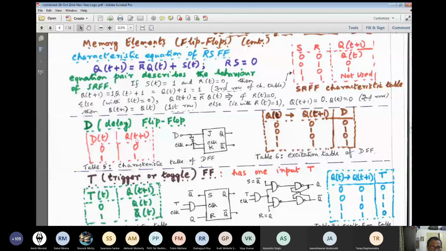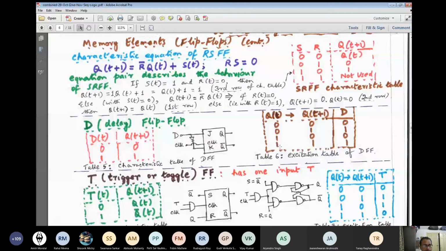And in the excitation table, you see, only one problem we can point out: there are no X's, no don't cares. So the scope of minimization is very little. If a 0 to 0 transition has to occur, D should remain 0. If 0 to 1 should occur, then D should become 1. So this output column is nothing but a reflection of the second input column. These are on the input side, this is the output side, the excitation table. Again, if a transition in the output from 1 to 0 should happen, D should be 0. On the other hand, if no change should occur and the previous output was 1, then D should be 1.